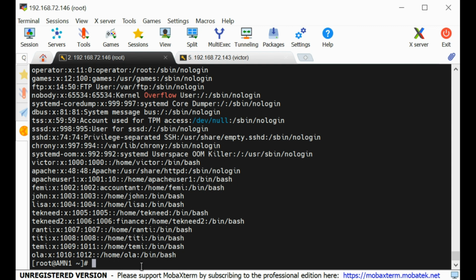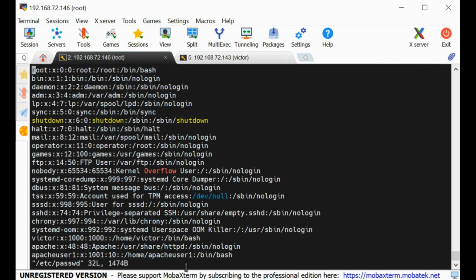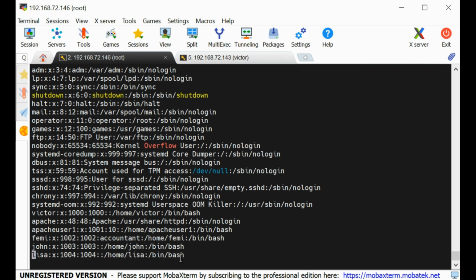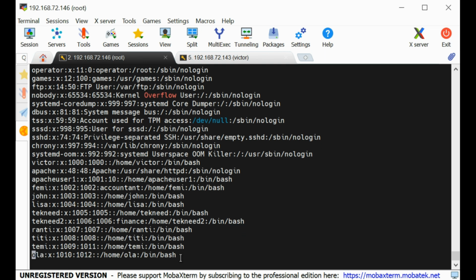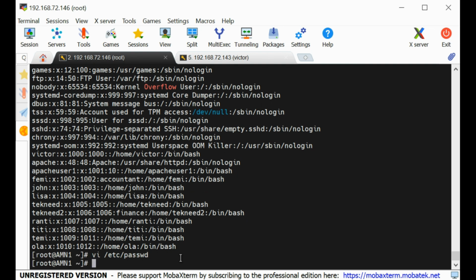So if you want to edit TT's information, of course, if you do VI etc slash password, you'll be able to edit TT's information. But you should know that the shadow file is also attached to the password file. So meaning that if you edit TT's information here, you will not be editing the information that has to do with TT in the shadow file. So the best thing you're going to do, or your best bet, is that when you want to edit this file, you can edit this file by using the command